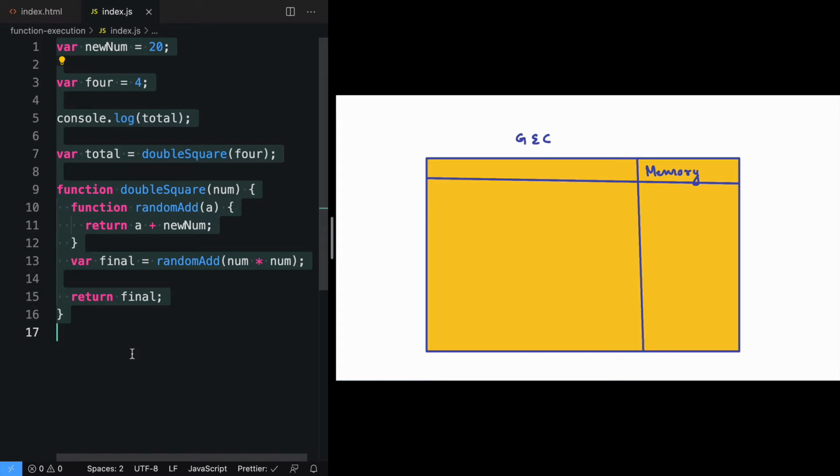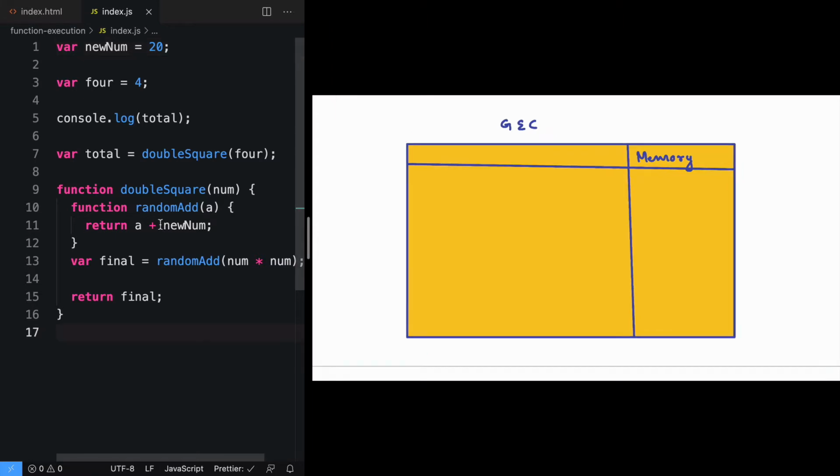As soon as the JavaScript engine sees the code, the first thing it does is create a global execution context. It goes into the first phase, that is the declaration phase. In the declaration phase, we are only looking for variable or function declarations. So let's start executing the code. Right now, the global execution context will be in the declaration phase, and we will be only looking for function or